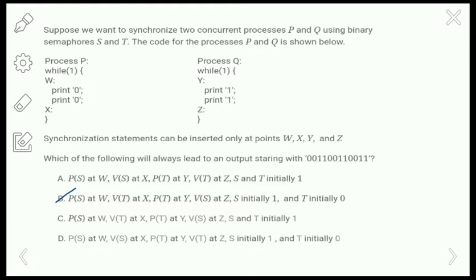You may have a doubt that option C will also become correct, but here it is given that s equals 1 and t equals 1. So here we have to print the process p strings first, that is 0 0. If both the values are 1, then it cannot print the strings. If s equals 1 and t equals 1, there may be a chance that the processes p and q will start simultaneously and print the strings, and we cannot get the strings in this format. So that's why option B is correct.